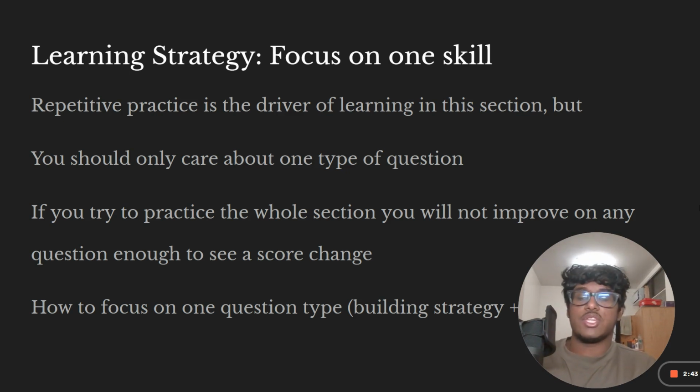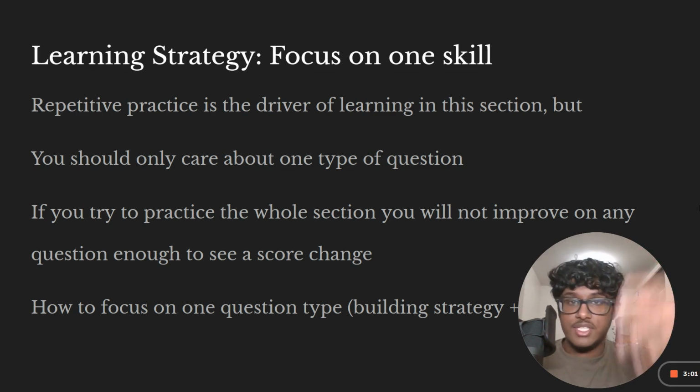And once you find that question that you get wrong the most, or you probably already know it if you've been practicing, you try to find those questions in all the practice exams that you've been taking. On top of that, try to find those questions on the SAT Suite question bank. Look that up. Find the type of skill that your question falls under in the reading section. You can find all the details about that on the "What is on the SAT" page on the College Board website. Figure out where your specific question falls under what skill and what the SAT calls that skill, and look that up on the SAT Suite question bank to figure out all those types of questions, and